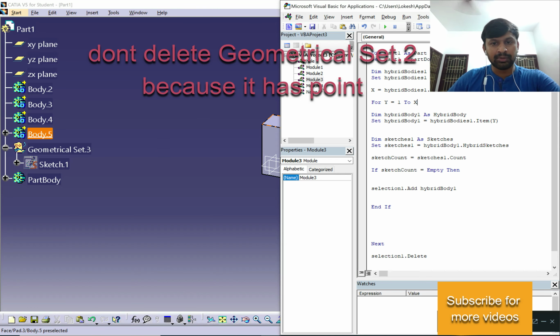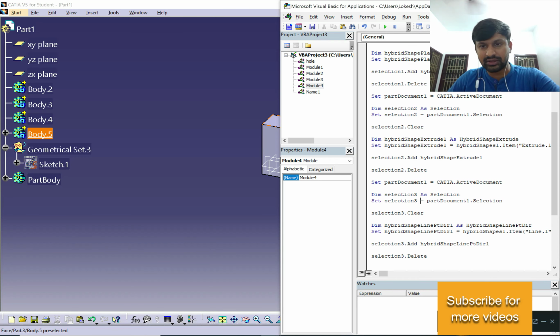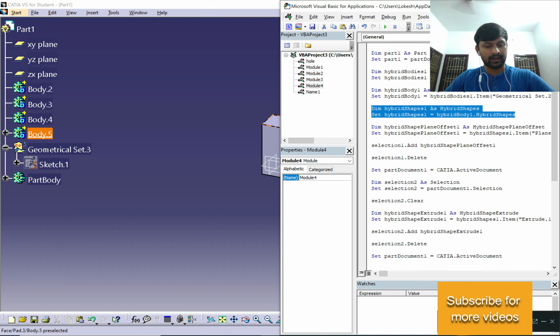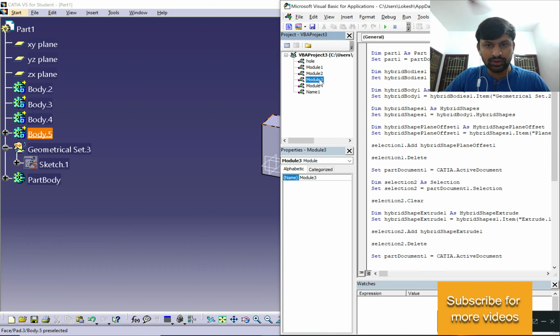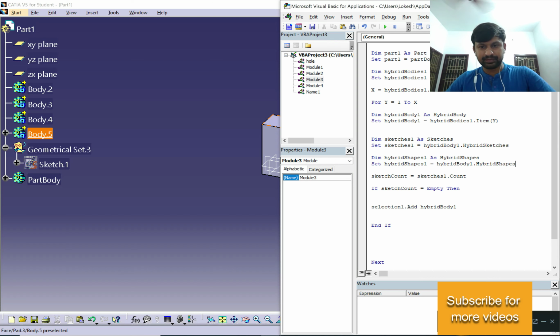To do that, I'm going to the other code which I have recorded. I'm going to see what the code is for the hybrid feature. So this is the code. I'm just going to copy this code and take it to my previous code, and paste it just below this hybrid sketch.